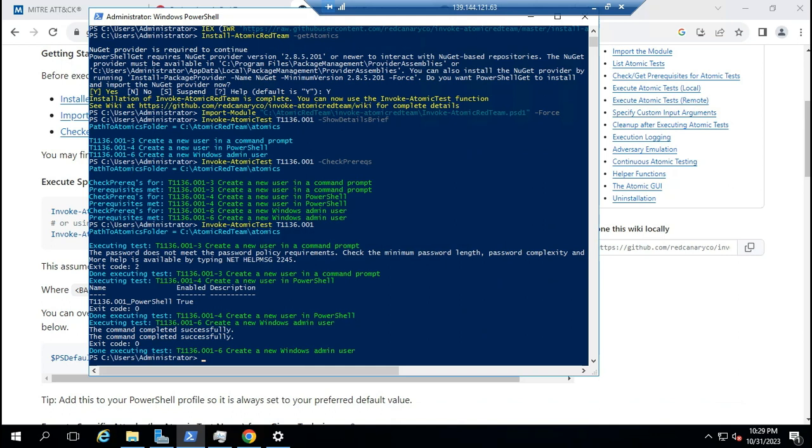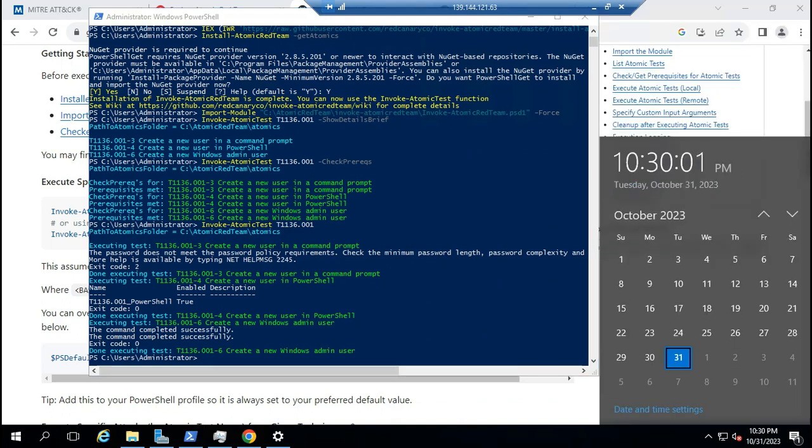I think this is good, so maybe we can check the blue team side or SIEM in the Wazuh server. You can look at here the time, 10:29 or 10:30 PM.